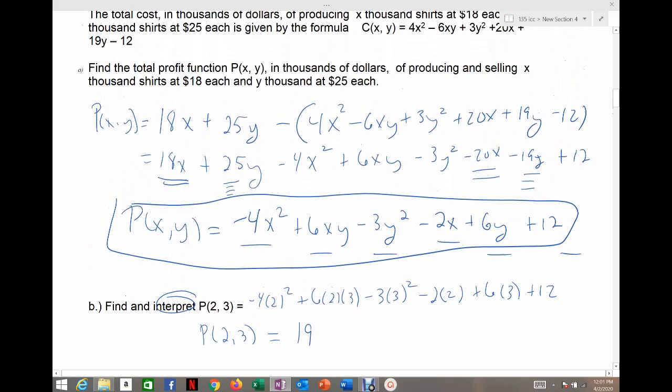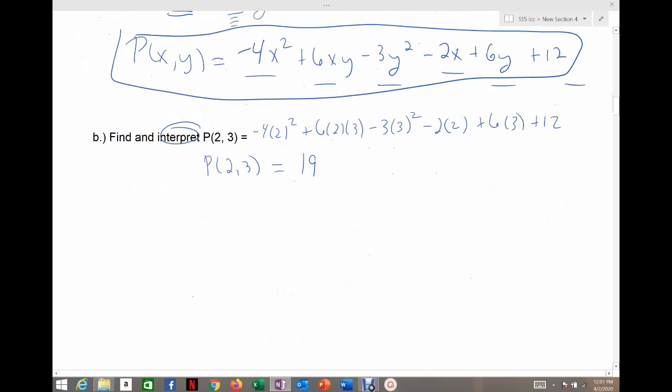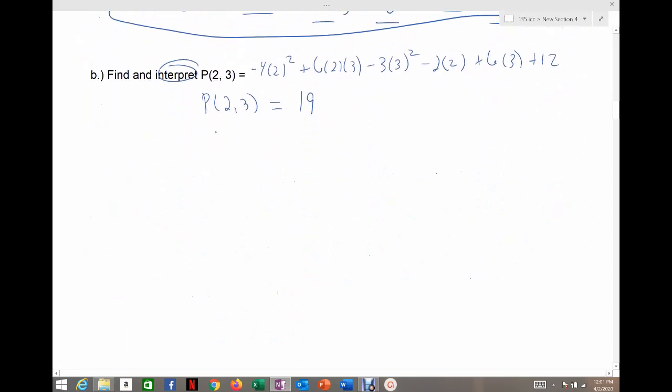Alright, so remember, everything's in thousands. Profit's in thousands, x is in thousands, and y is in thousands. And so there's three parts to this. There's the 19, which represents we get, or they get, 19,000. You can either write the word out or the number. I think it's easier to write the number. Dollars in profit